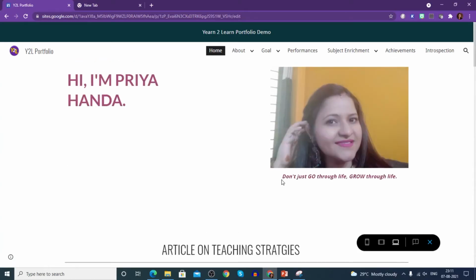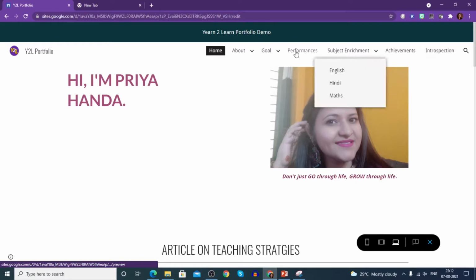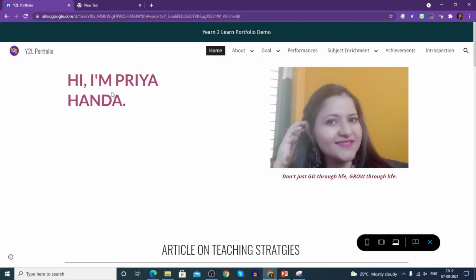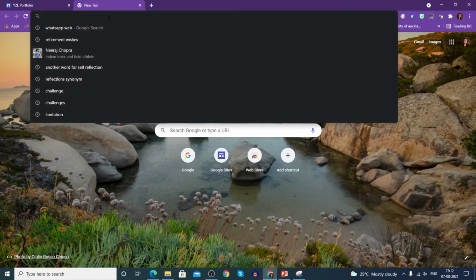I am again stressing this fact that you can have as many tabs and pages as you want, and whatever title you want. So let's begin with learning how to create this sort of digital portfolio. And the good part is you just have to share its link with the teacher and the teacher can access it. So if you are a teacher, please share it with your students, and if you are a student, you can follow the guidelines right away.